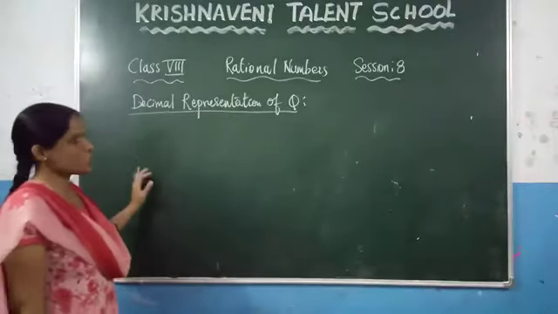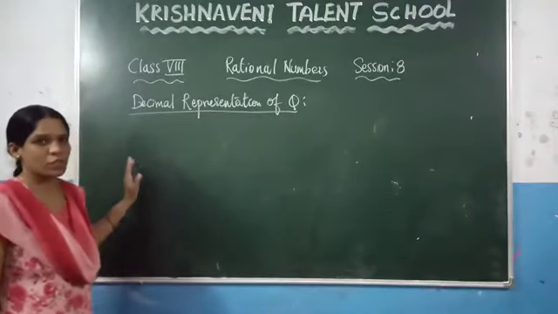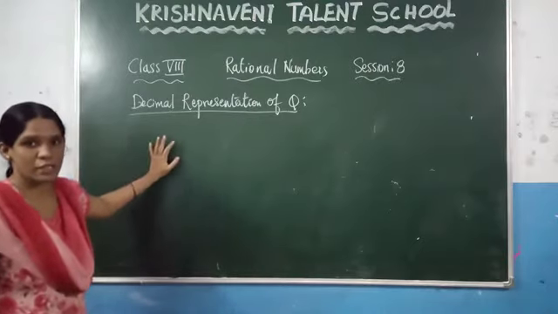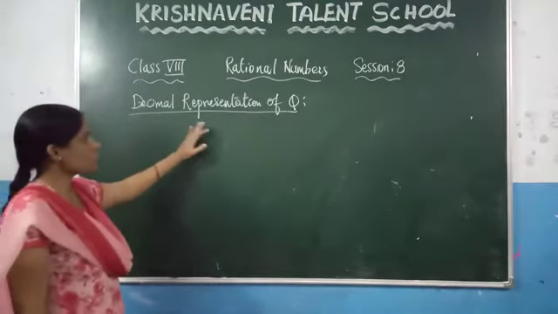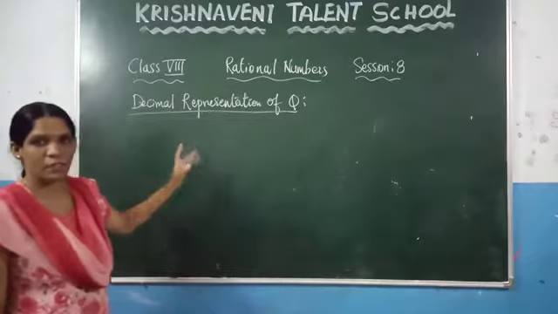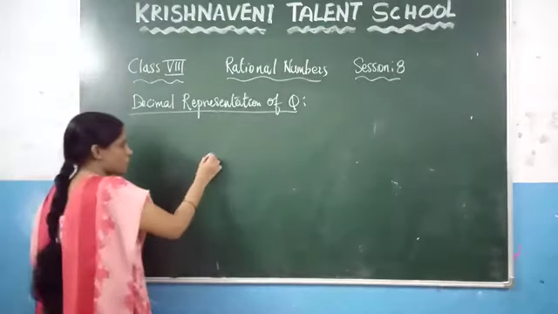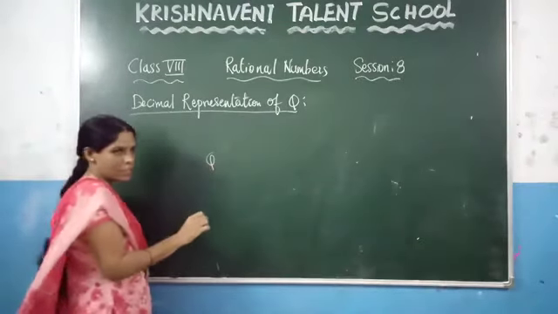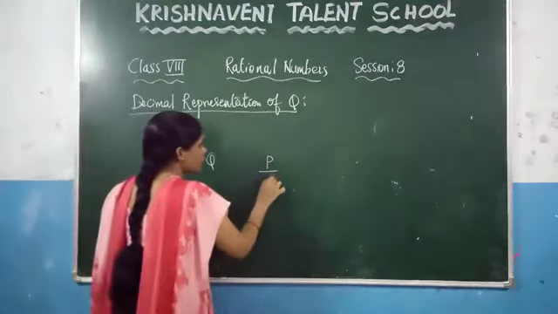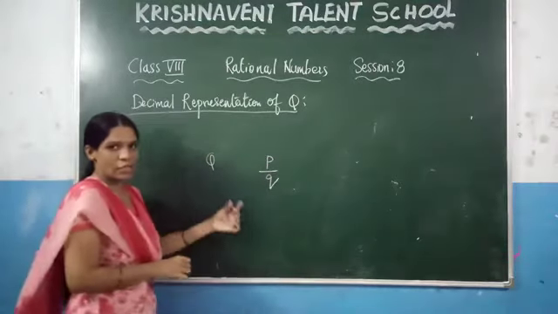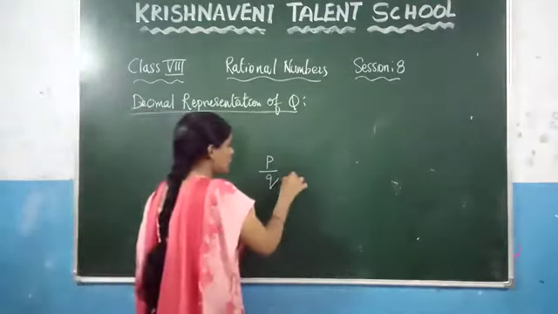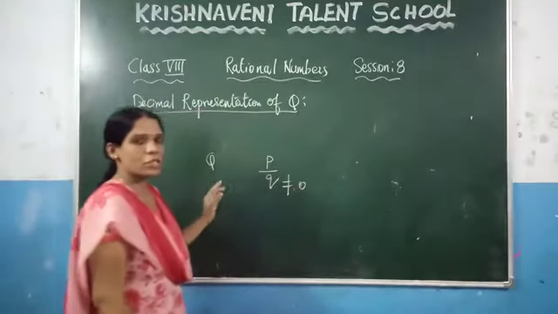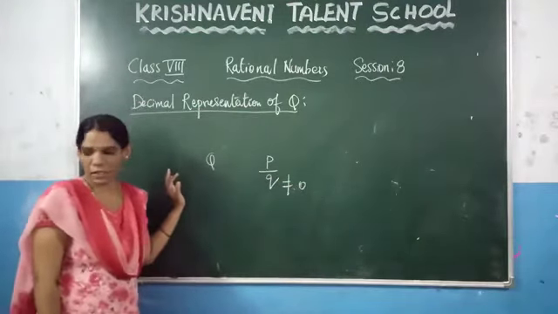In the earlier session we discussed exercise 1.2. Now before going to discuss exercise 1.3, let us discuss decimal representation of rational numbers. We already discussed what rational numbers are. If you take any integers and write them in the form of a fraction, with the condition that the denominator should not be equal to 0,